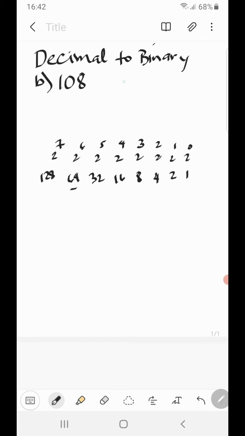What we do is that given this value and this number, we simply subtract the number from the given answer. So 108 minus 64. It cannot be 108 minus 128 because 108 is less than 128, which would give a negative value. So that's wrong. So we are going to start with 64. So 108 minus 64 will give us a value of